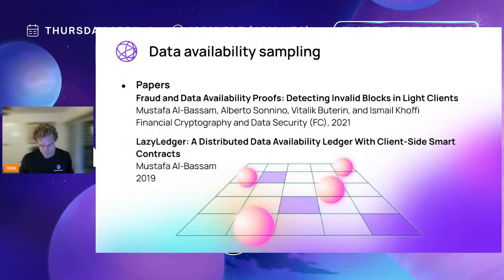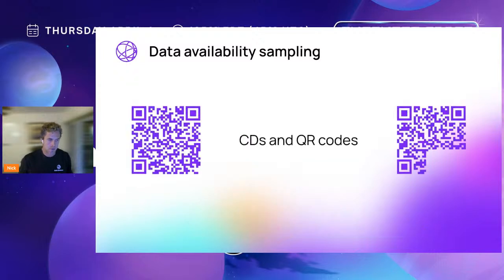Basically, the way that data availability sampling works under the hood is that, maybe I'll go back to this slide. You can imagine that if you have the original block data and you extend it using erasure coding, you make it bigger. Now, if someone wanted to hide even a small part, so that no one could know the data that was in this portion of the block, they would have to make sure of it, because the data would self-heal. If they just hid that part, the remaining extra data is going to be enough to heal and recover what was trying to be hidden. So now all of a sudden, if you want to hide any part of the block, you need to hide a really large portion of it.